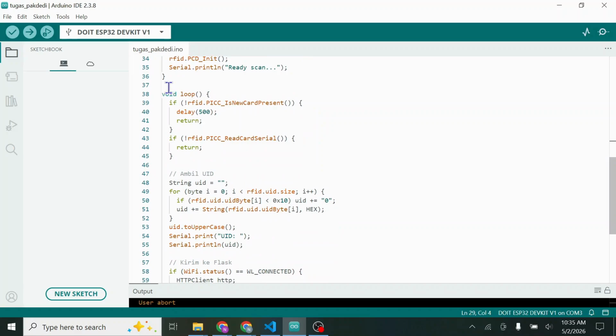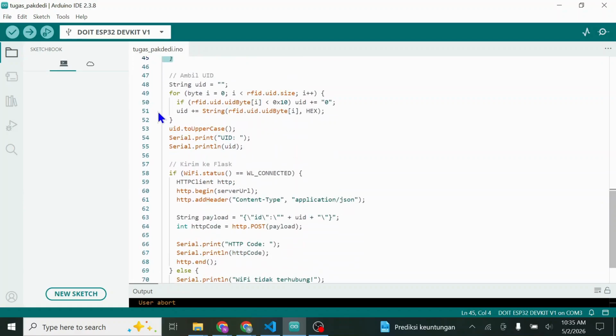Next, the code in void loop. Inside the loop function, the device constantly checks if a new RFID card is present and if it can be read. If there's no card, it simply waits and tries again.